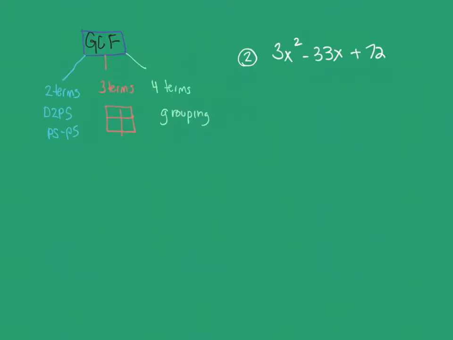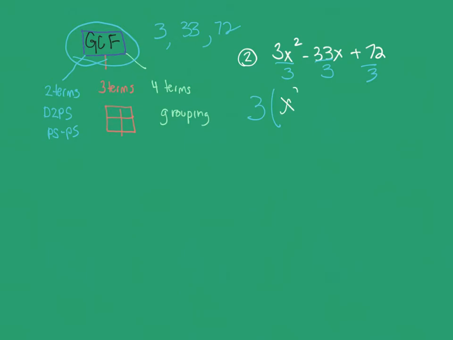So in number 2, we have a 3x squared minus 33x plus 72. So the first thing I'm going to think of is, does this have a greatest common factor? And so I'm looking at a 3, a 33, and a 72. And indeed, all of those numbers are divisible by 3. So I'm going to take and divide all of them by 3. And that is going to give me